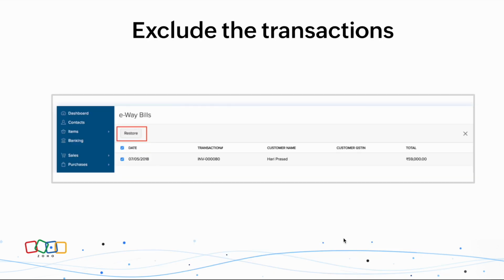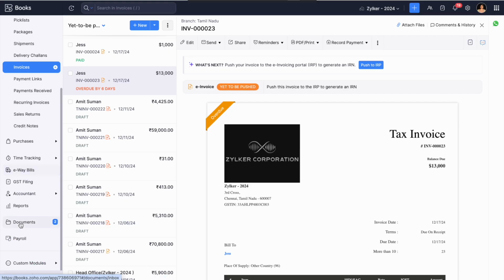If you would like to generate the e-waybills for the transactions at a later point of time, then you can exclude them by selecting those transactions, and once you exclude a transaction, you can also restore it. Also,